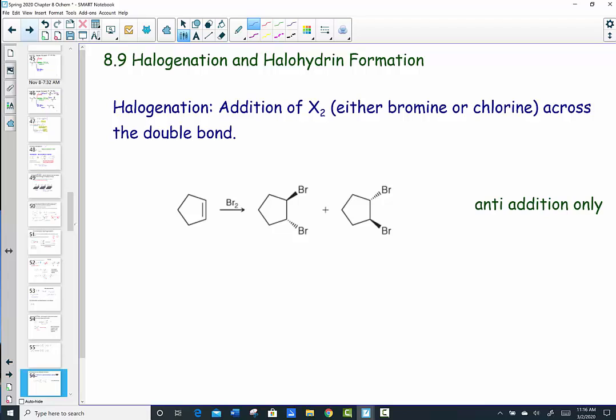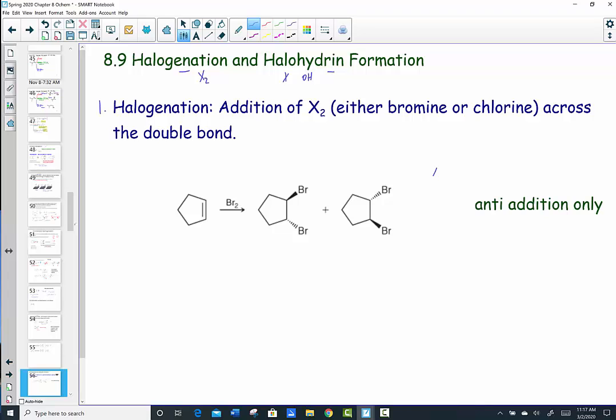Let's show the next type of addition, called halogenation and halohydrin formation. So this section actually has 2 for the price of 1. Let's first consider halogenation, and then we'll look at halohydrin formation. So halogenation, adding 2 halogens across the double bond. Halohydrin will add a halogen and a hydroxyl group. So let's do